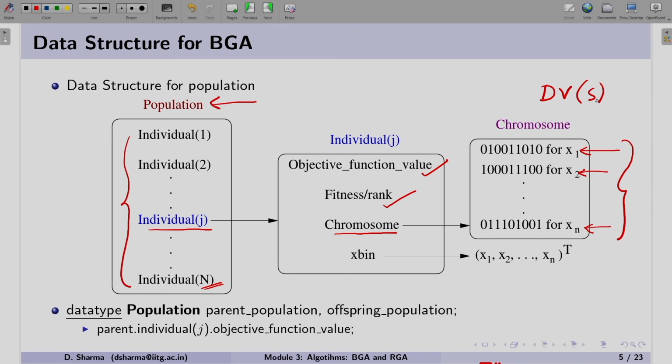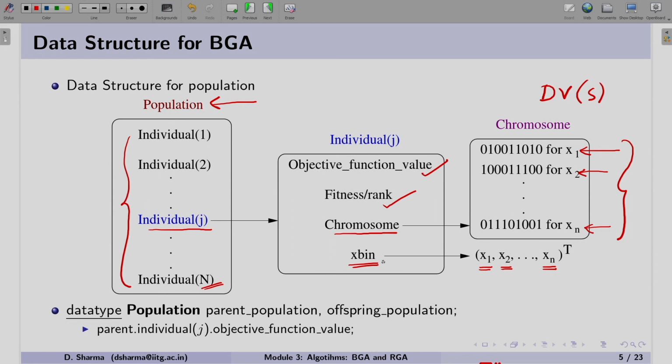Now using the scaling formula, we can find the real numbers, say x1, x2 and xn. Everything will be stored in x bin. So this means that the binary string is decoded, and using the scaling formula we are storing the real numbers.